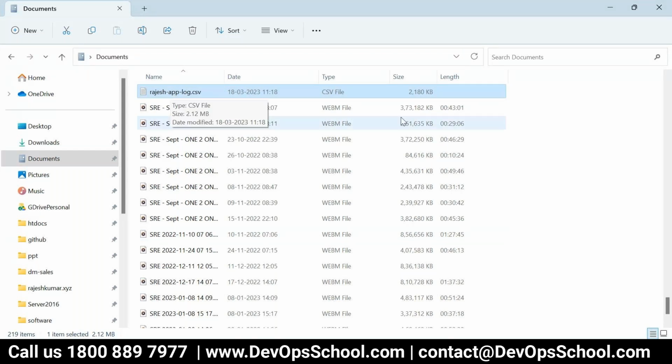The size is still growing, still happening. So 2 MB to 6 MB, now close to 7 MB. Just wait for it a few seconds. Now it seems to be over. So now what I'll do, I will go to my Splunk